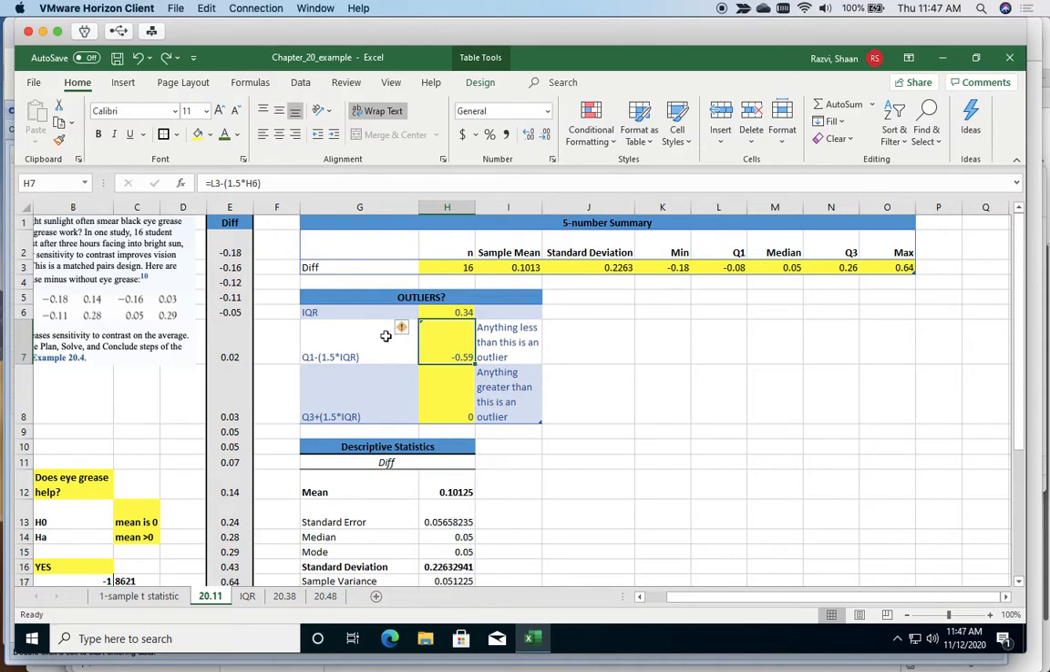I don't know why this is actually doing this, but it should be negative 0.59. And then this number here is just going to be Q3 plus that IQR multiplier. So Q3 is 0.26 plus, and now I'm going to put 1.5 times IQR,